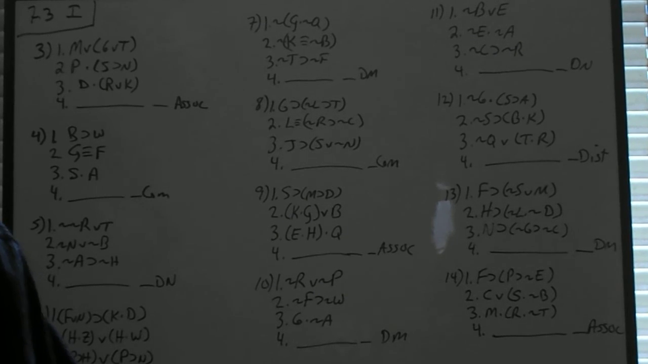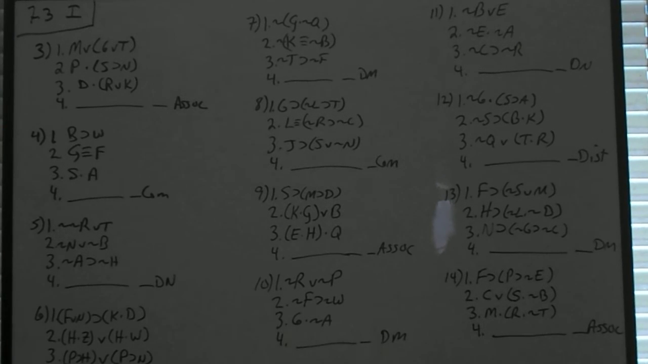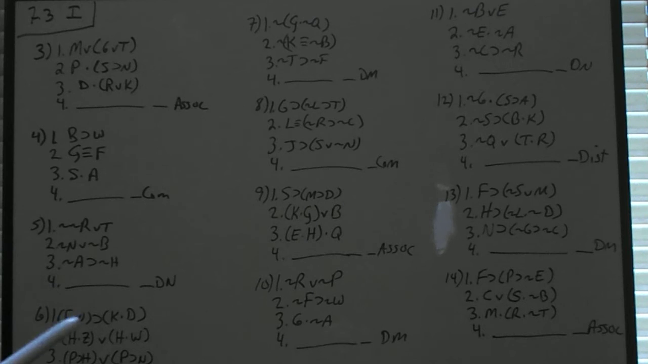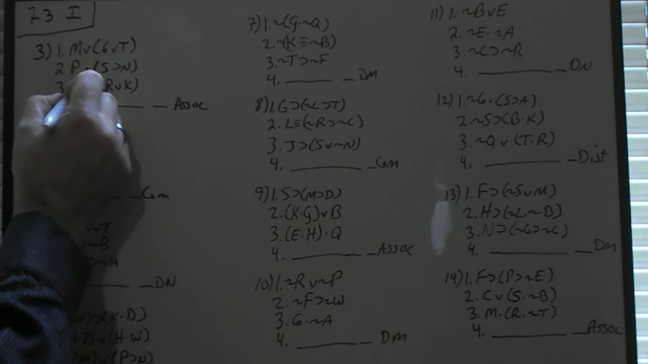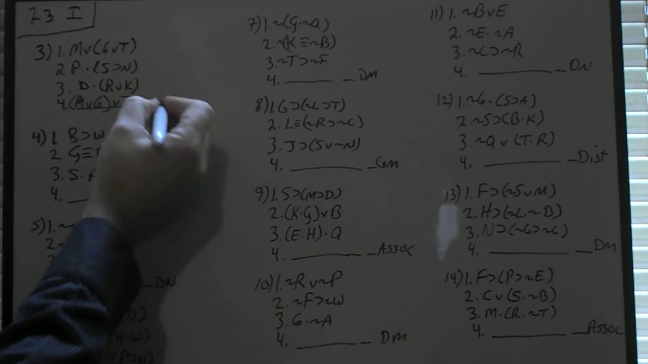Alright, so this is homework check 7.3, section 1. We were dealing with these rules of replacement. For the third one, we have M and G or T, P and S then N, D and R or K, and they want us to use associativity. For associativity, you need either all dots or all wedges. On line 1 you have all wedges, and that just means you can move the parentheses to make M or G and T into M or G with the parentheses around them, or T outside of it, from